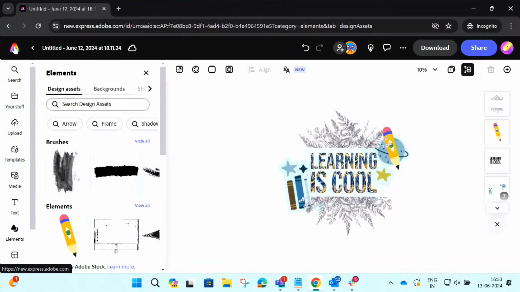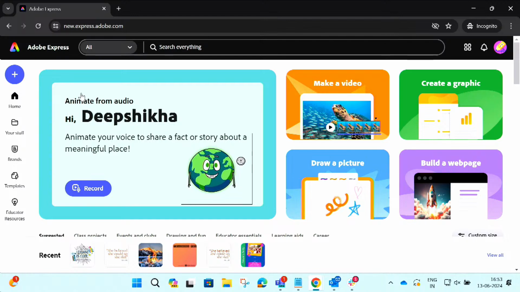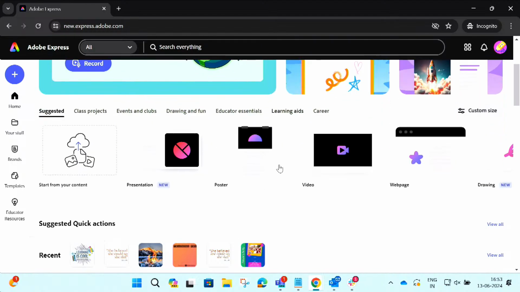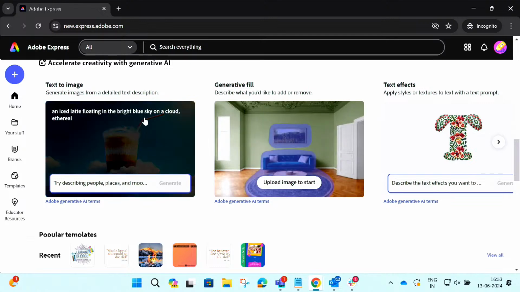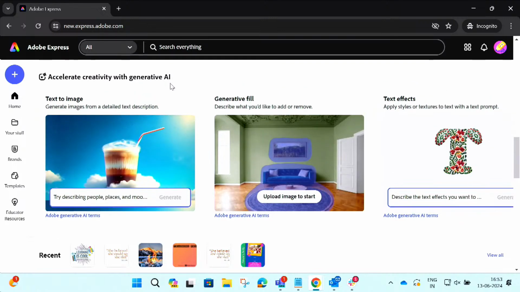So this is again my home screen. If you can just see my screen, yeah. Text to image can be found in 2 ways. This is the home page, and if I go down here, you will find something known as text to image. So today we had touched base upon the generative AI features.